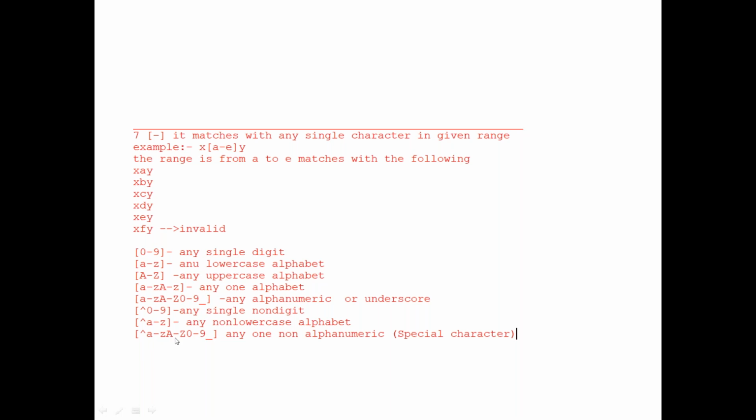Cap a to z, A to Z, and 0 to 9, underscore: apart from underscore, apart from 0 to 9 digits, and apart from uppercase or lowercase letters, any other characters are nothing but special characters. So if you give an instruction like this, the system will consider only special characters.